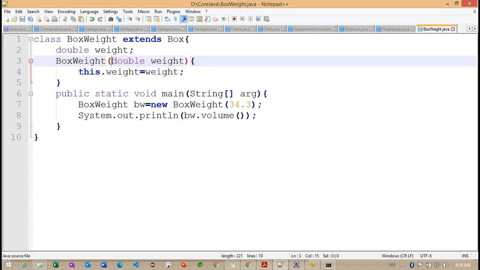Here, if I change to different values here, double something called width.